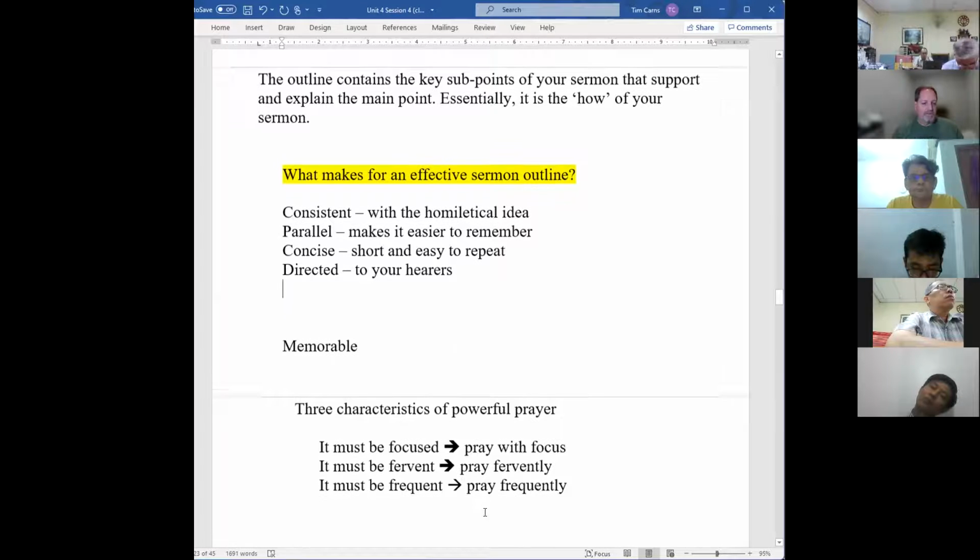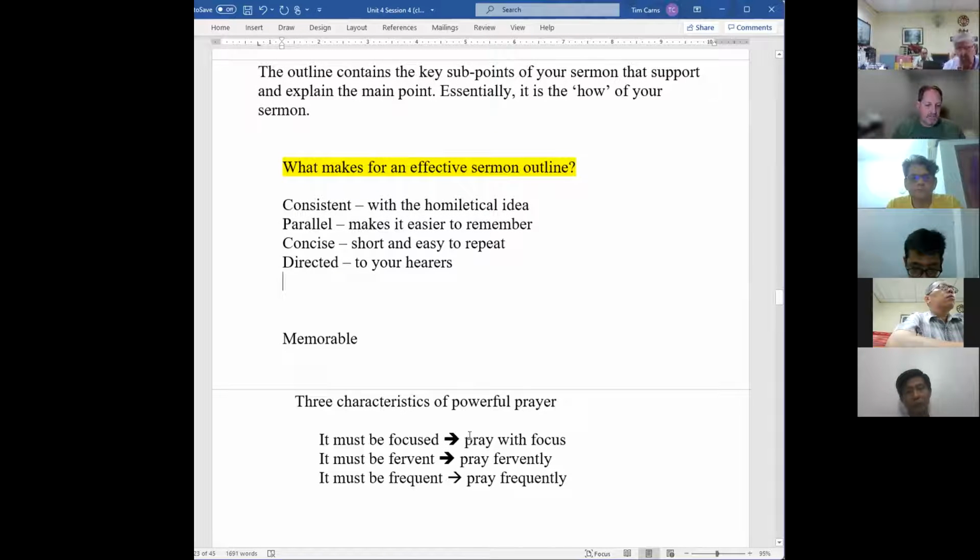And so actually it's better to do it this way. Pray with focus, pray fervently, pray frequently, because those are in the imperative. So that's directed toward your hearers. Now, it must be focused or it must be fervent. That implies that it's directed to your hearers, but you can make it even more